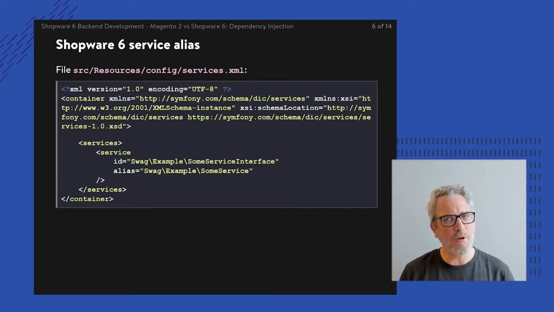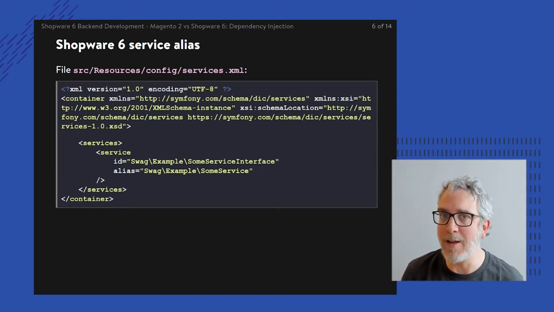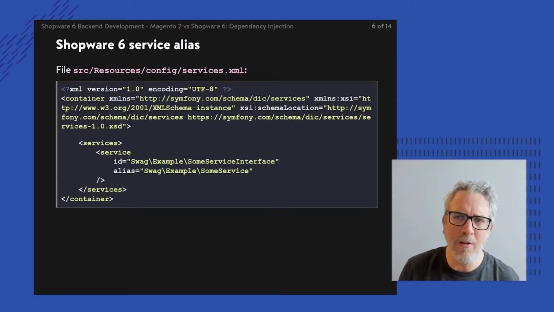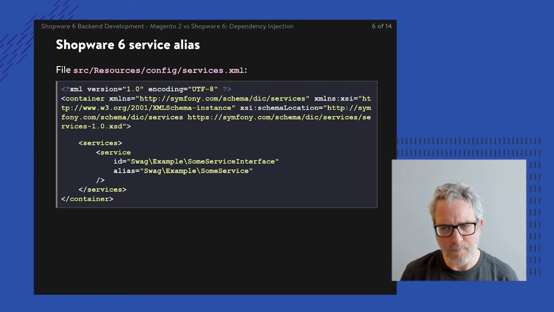Theoretically that services.xml could have a different file name. It could also be a different language, not XML but YAML or maybe even PHP, but that's a little beyond the point. There's a certain file, and normally that file should be called services.xml. That services.xml holds your own service definitions.